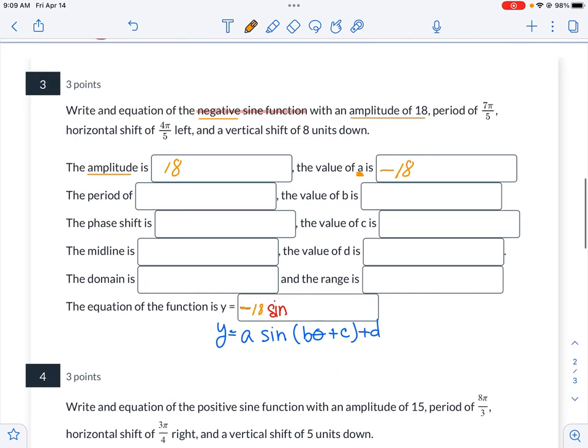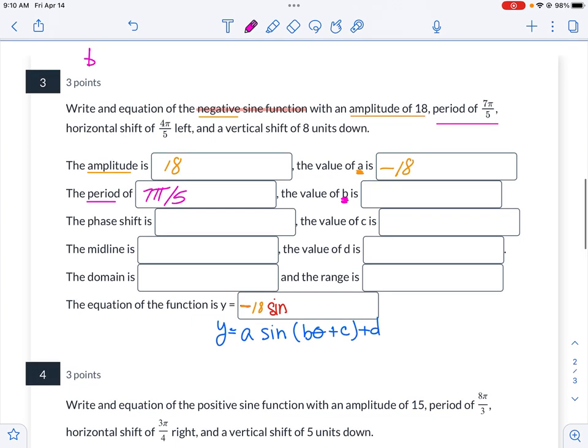Okay? Then it tells me I have a period of 7 pi fifths. So I'm going to put 7 pi over 5 right here for period. And then to find b, I'm going to remember that I have a rule that says b is equal to 2 pi divided by the period. So that is my rule. So if I apply that rule, I have b is equal to 2 pi divided by